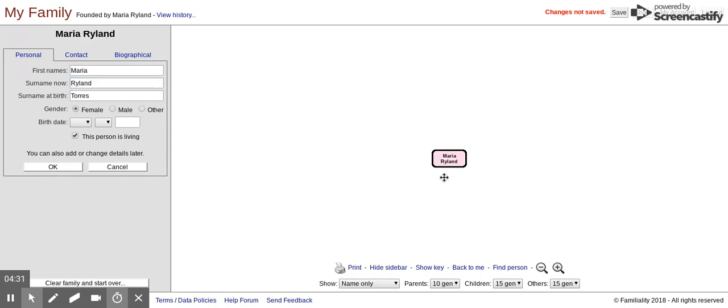My friend is a female. So if you saw this little square became pink, if she were a male, it would come up as blue. And if you would prefer not to say or you don't know, it comes in as white. So we're going to leave it pink for my friend Maria. Here you could input her birthday. This isn't necessary for our assignment, but if you want to keep on doing your family tree, then this could be kind of interesting because if you put in the year of birth,